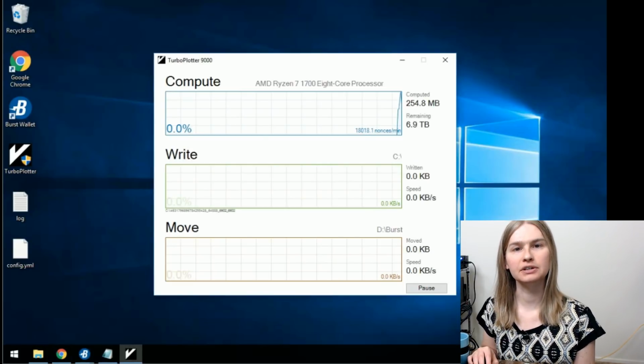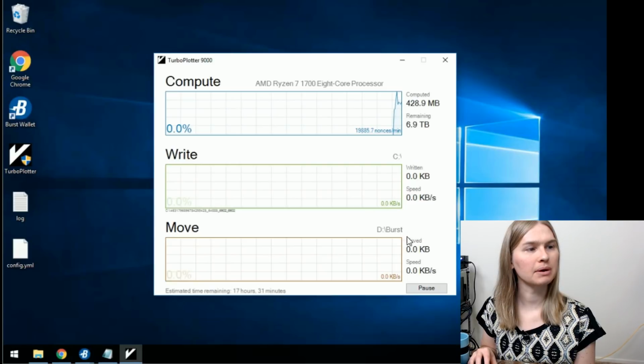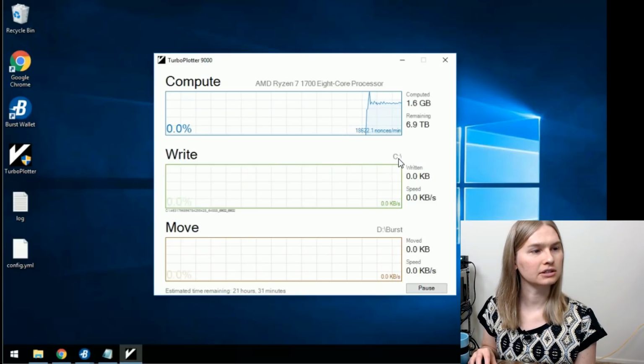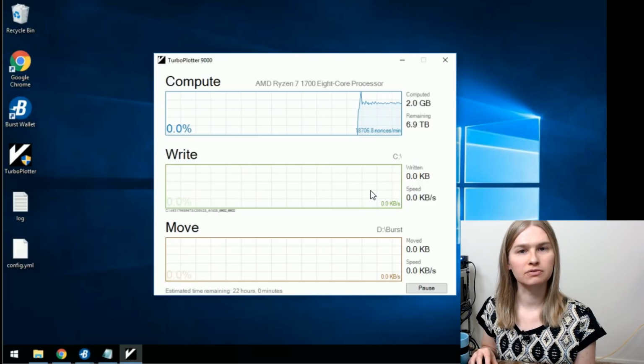And you'll notice this view is a little different. Instead of our memory bars, we have a compute, a write, and now the new one, move. So compute will generate our nonces, and those nonces will be written to our SSD, in this case the C drive. And once we've generated a sufficiently large file, that entire file will be sequentially written to our SMR drive